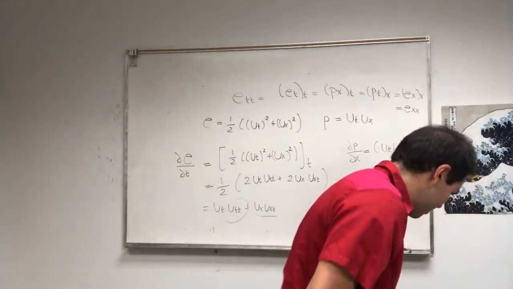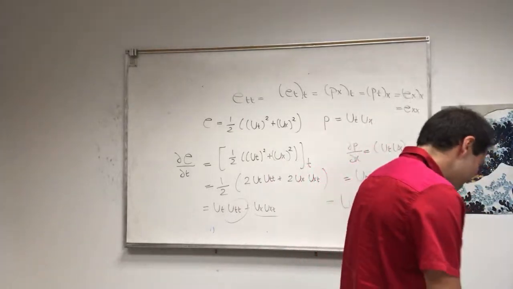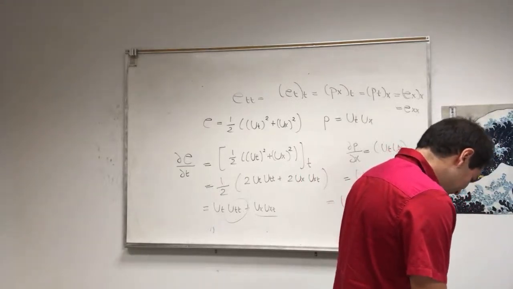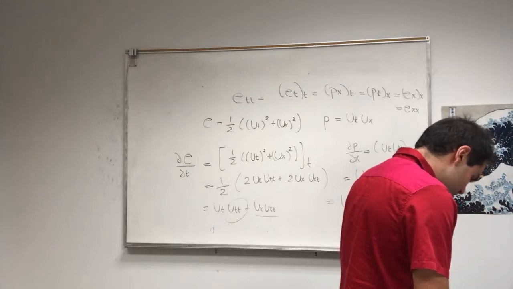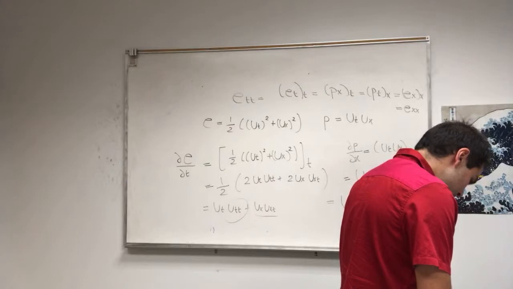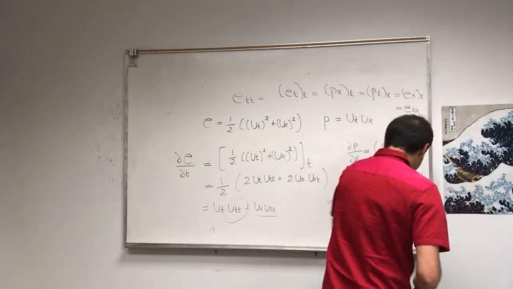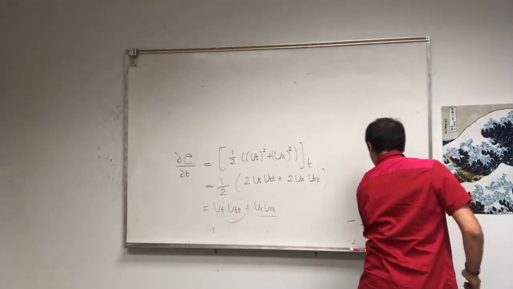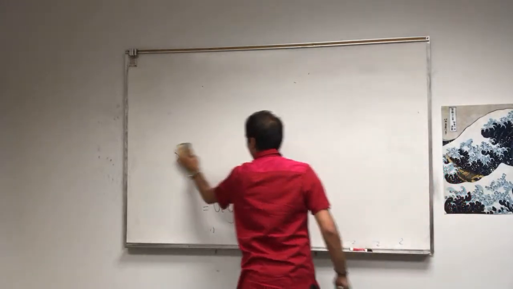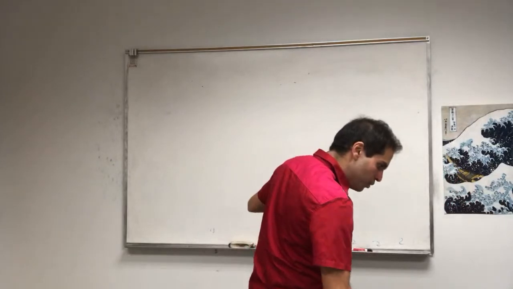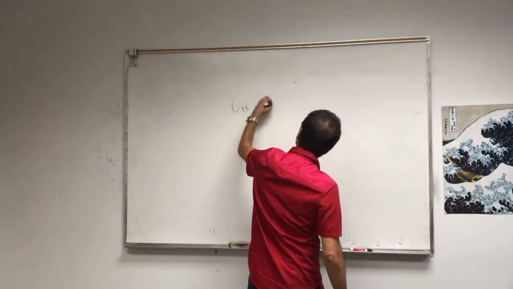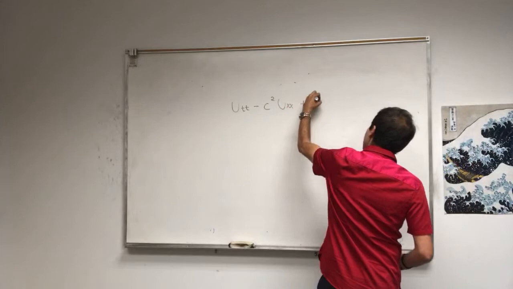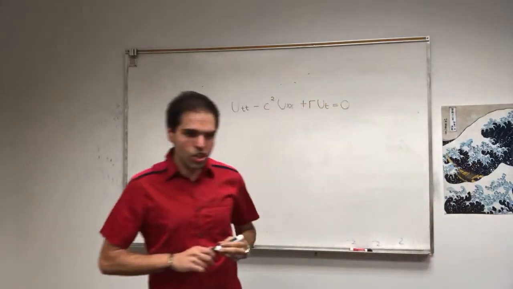Okay, and then number 5. How adorable is this problem? Number 5. For this damped string, equation 3 in 1.3, this thing: UTT minus c squared uxx plus RUT equals 0. And it says show that